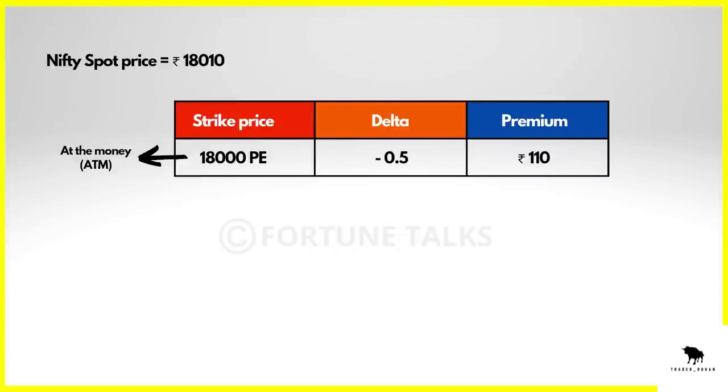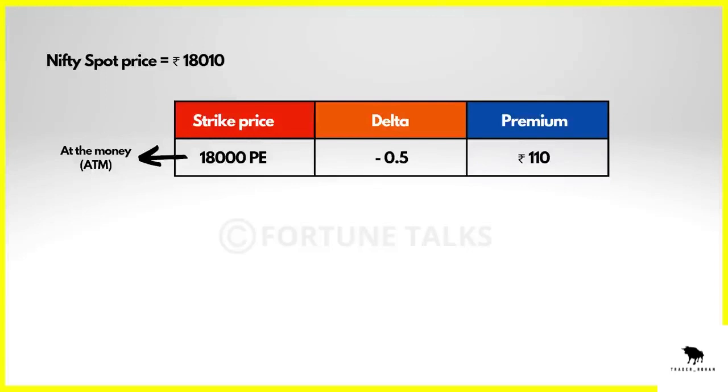Let's assume that the Nifty spot price is 18,010 and so the at-the-money strike is 18,000. Now consider the 18,000 at-the-money put option, which is priced at 110 rupees and the delta value is close to minus 0.5. This means for every 1 rupee change in the Nifty spot price, the 18,000 put option premium will change by minus 0.5, and for every 1 rupee drop in the spot price, the ATM put option premium will rise by